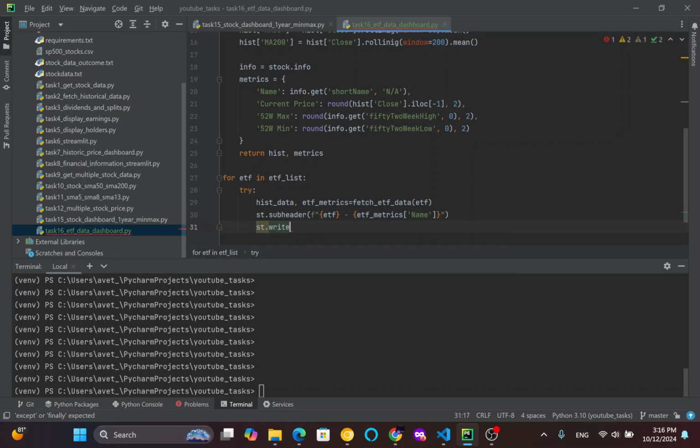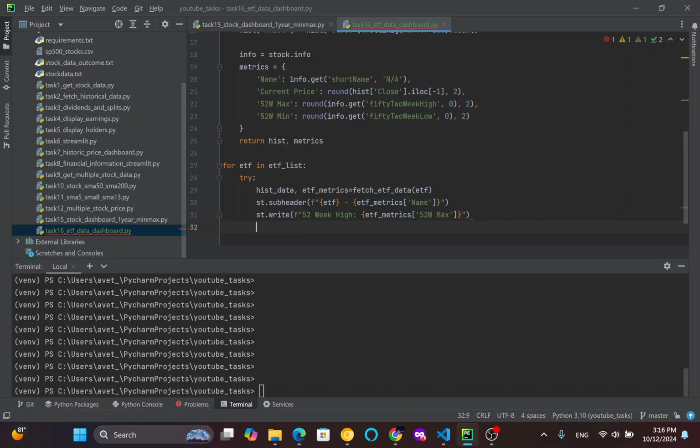We are about to write the data already. 52-week high, which will be ETF metrics, 52-week max, same will be for low, here take the minimum,